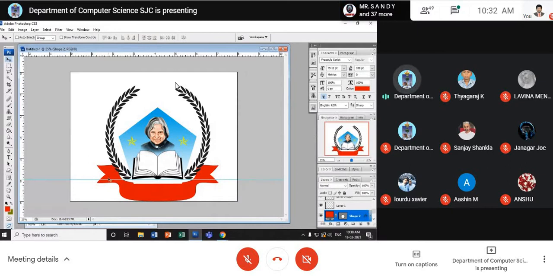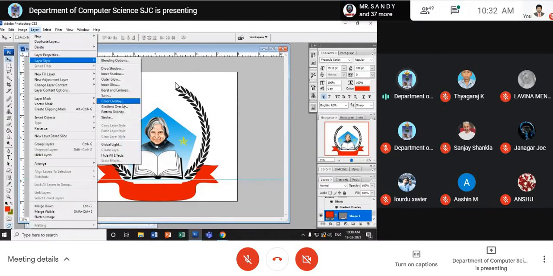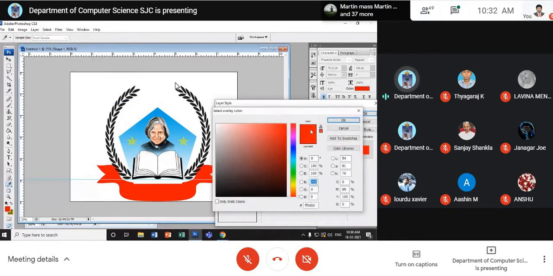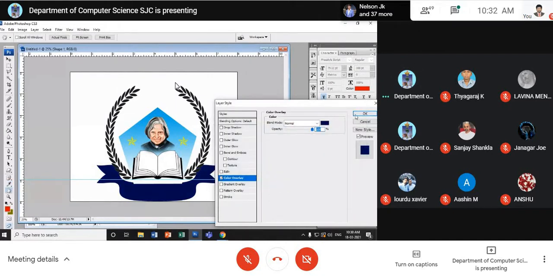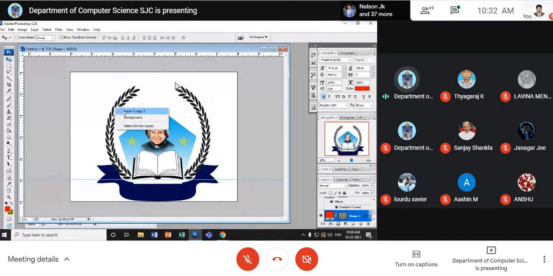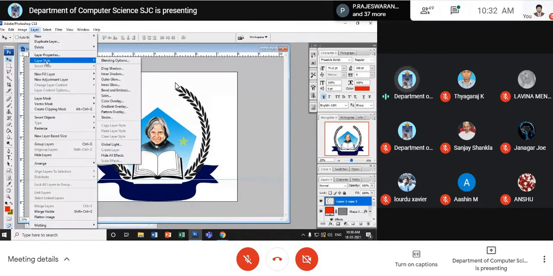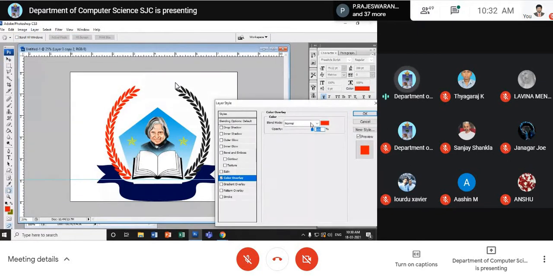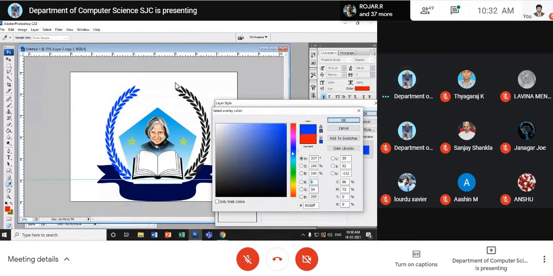And here at the bottom, since it is blue color, I should go along with the color that I've gone with. So I would like to go with dark blue base, and the side. See, go to layer style. Or you can even go for gradient for this.